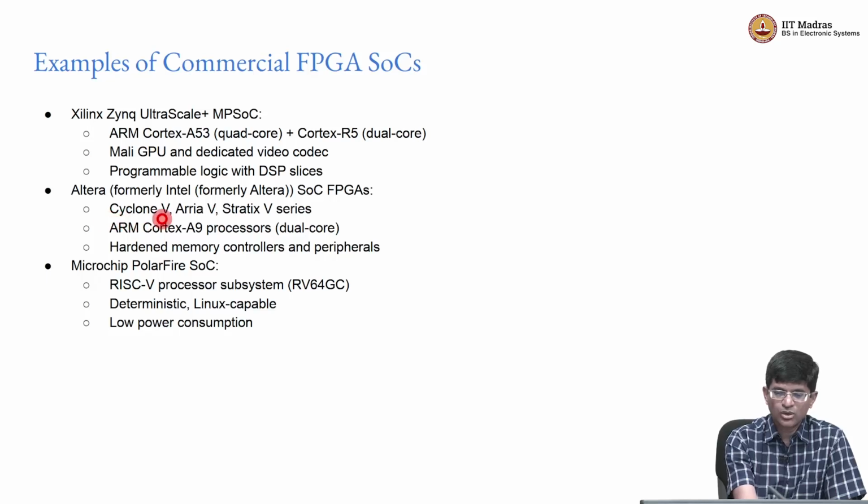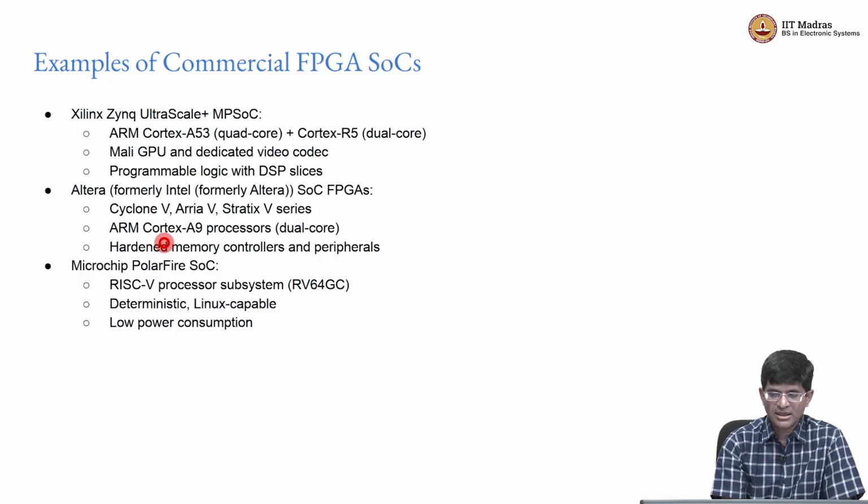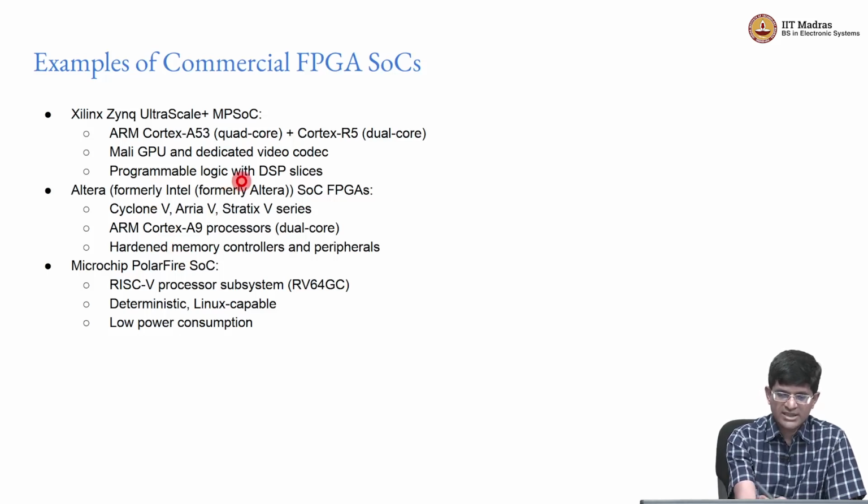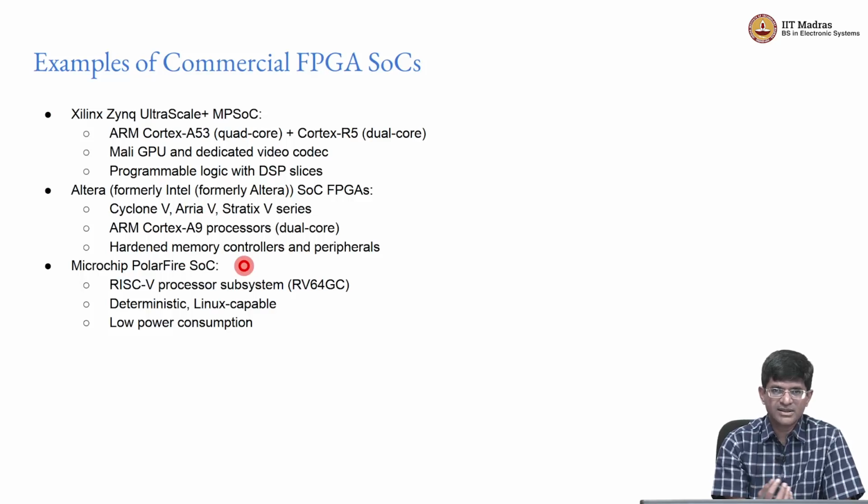They have their own Cyclone and Stratix series, which once again have ARM Cortex processors. In some of them they are A9, the others have maybe more advanced processors. All of these also, just like the Xilinx series, have the DSP or multiplier units. They also have hardened memory controllers. Typically the word hardened in this context refers to the fact that there are actual physical memory controllers directly on the chip, and you do not have to write Verilog code to implement, let us say, a DRAM controller